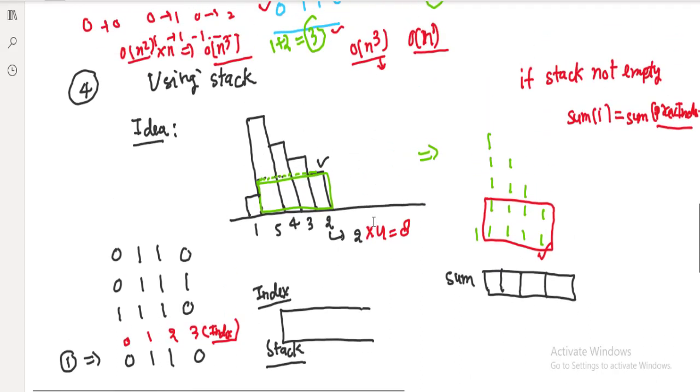First, let's say we are given this particular array, 1 5 4 3 2. Forget about how it comes. First see, if this array has been given, how we can compute this.